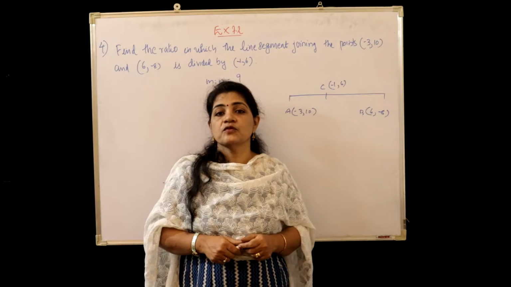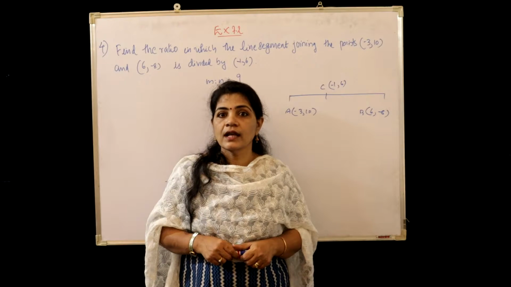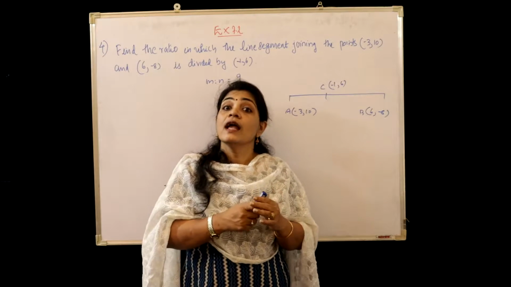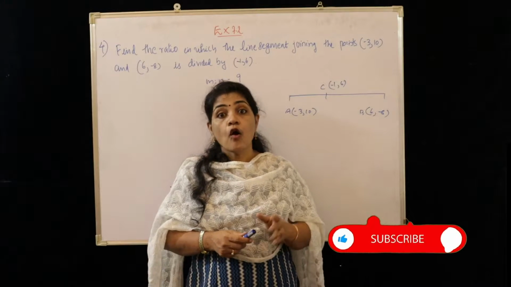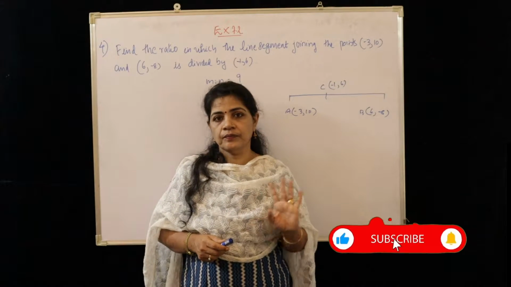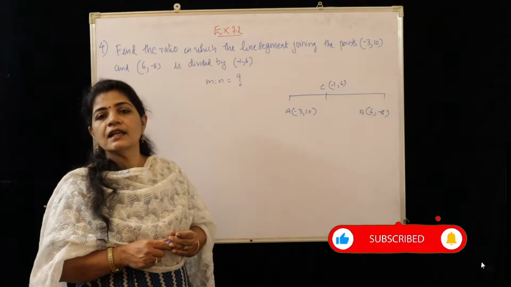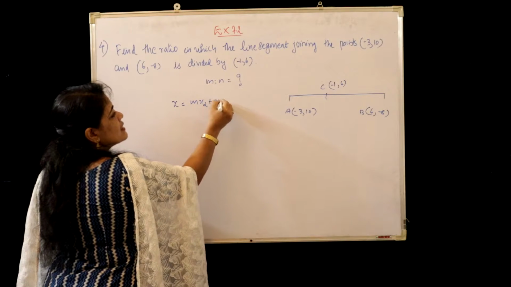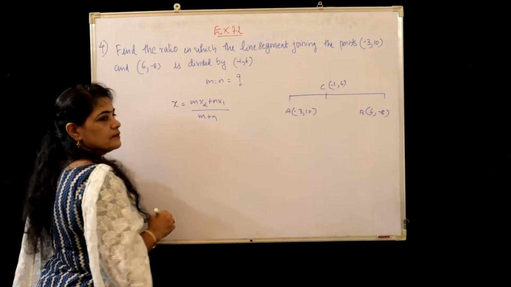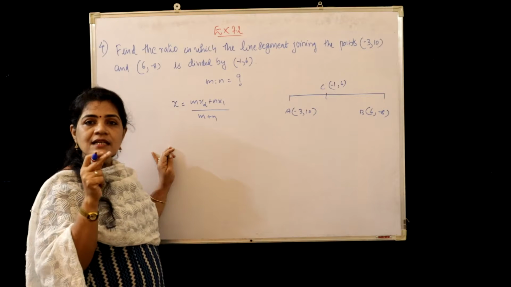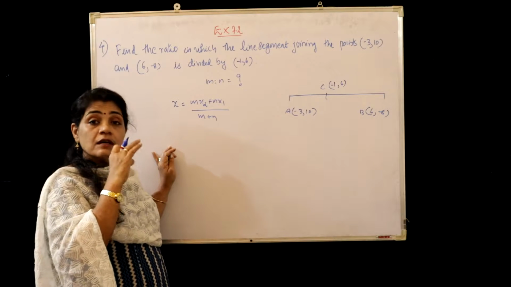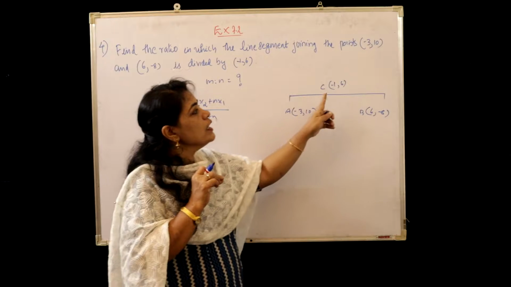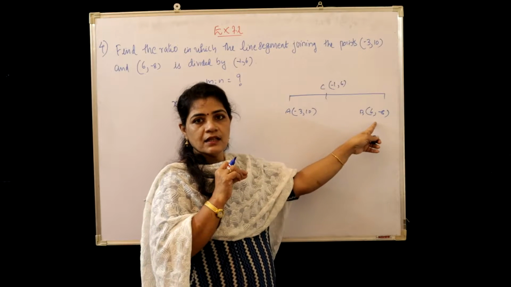But the only difference is, if we need the ratio, we have to consider the section formula either in terms of x, that is x equals (mx2 plus nx1) divided by (m plus n), or y. That would be sufficient. So in order to get the ratio, we can take x equals (mx2 plus nx1) divided by (m plus n). And what is x, children? In the section formula, what is x? When you are substituting, you should be very careful, because here x denotes the x coordinate of the point which is dividing the join.